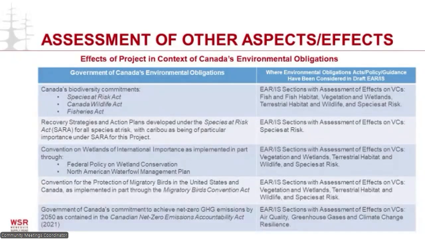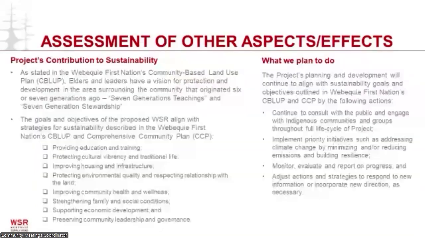The project's EA or IA is required to include a description of the extent to which the effects of the project hinder or contribute to the Government of Canada's ability to meet its environmental obligations and its commitments in respect to climate change. The goals and objectives of the proposed Webequie Supply Road are as follows: to facilitate the movement